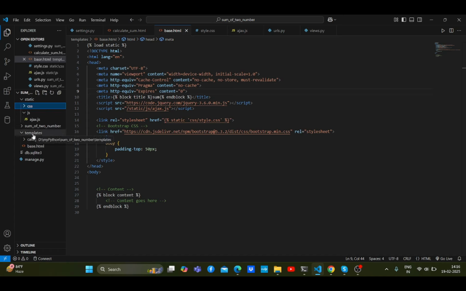And within the templates folder we create another folder named category, and within templates we also create an HTML file named base.html. So first in this base.html we have written some template tags, and this base.html template